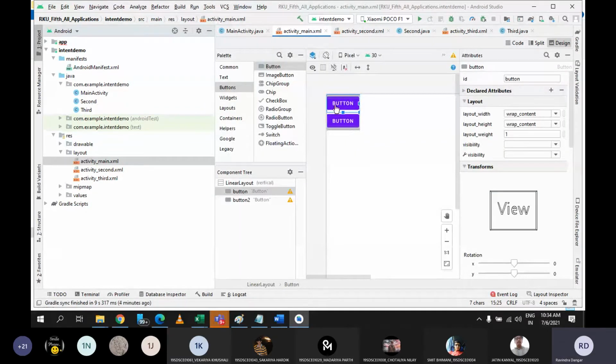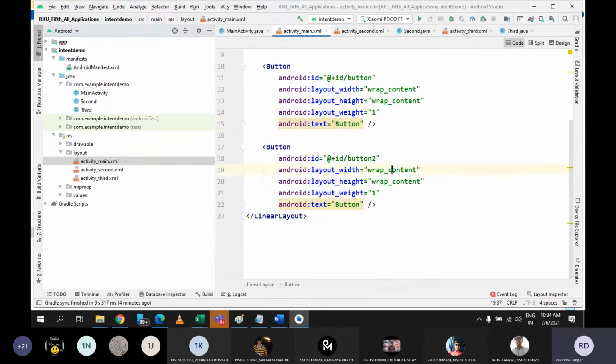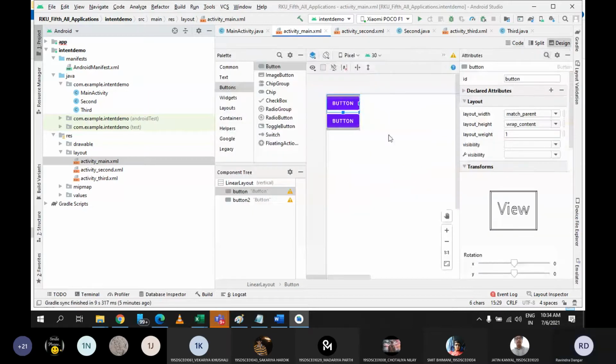देखो, BUTTON. So this is the content of this button. तो वो क्या करेगा, कंटेंट के हिसाब से बटन को स्प्रेड करेगा. बट इफ आई यूज मैच पेरेंट इंस्टेड ऑफ रैप कंटेंट, यहाँ पे जो फर्स्ट बटन है उसके विथ में मैं मैच पेरेंट रखता हूं, तो अभी क्या होगा, इंस्टेड ऑफ लुकिंग एट द कंटेंट इट विल स्प्रेड द एंटायर बटन टू द एंटायर विंडो. तो उसकी जो विथ है वो कंप्लीटली स्प्रेड हो जाएगी.